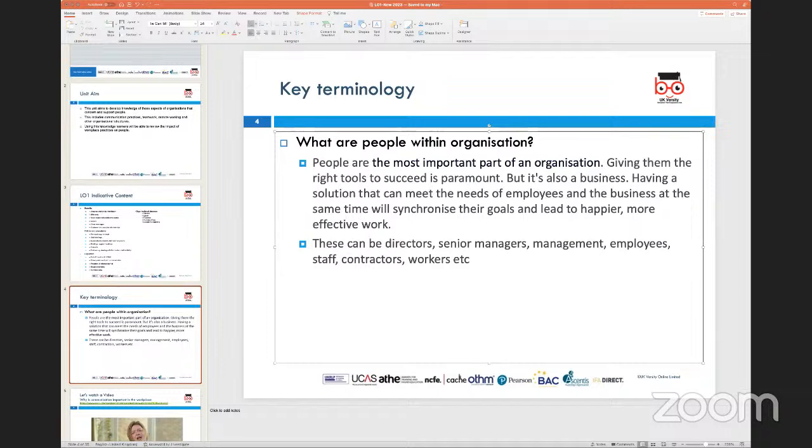Now, generally, we'll have three different types of people within the organization. If we go into a bit more classification, there will be people like value creators or problem solvers. There are people who are going to be in passive roles, and there are people who are going to be problem creators. Sometimes when we look at classifying different types of people, we will look at this broad classification. Now, this is not something which is fixed.